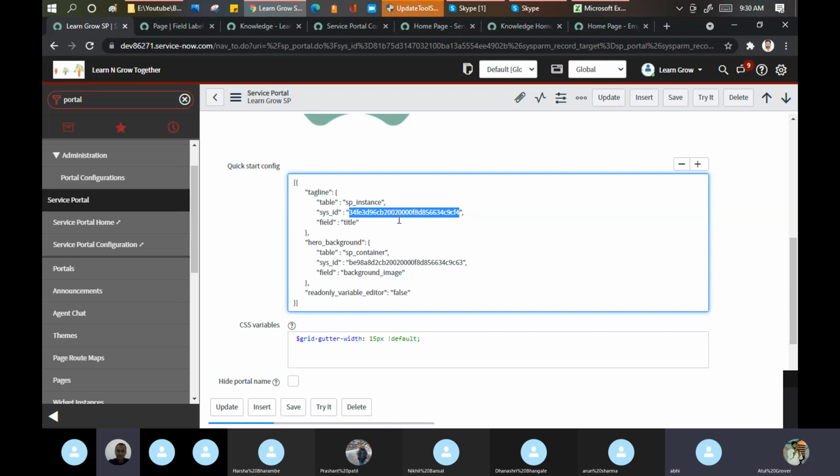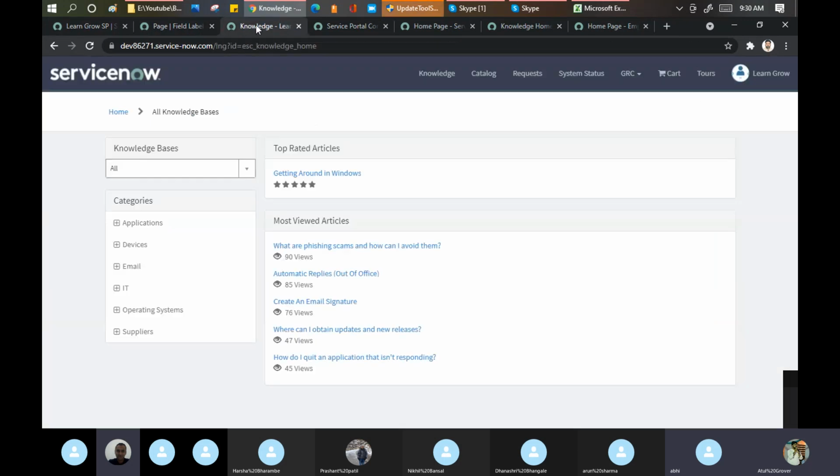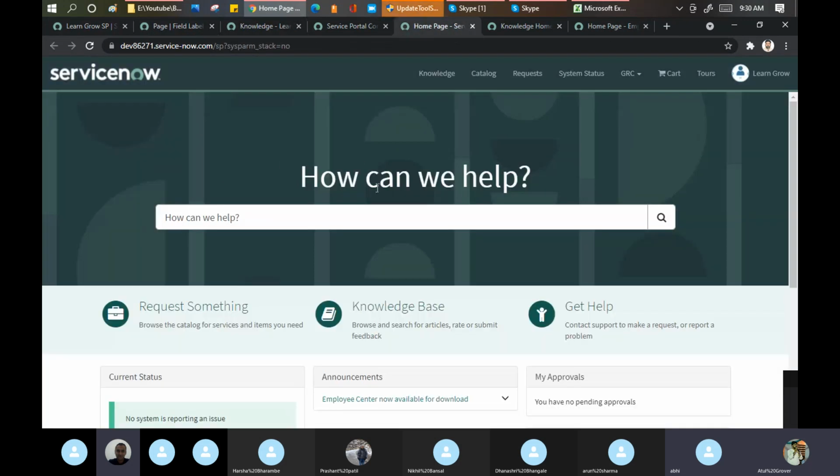So don't make any change here because I don't know what this sys ID contains. Maybe it is calling this table only, but it is something different which we have no idea about. But yes, I will show you how you can make a change to these images, which we can discuss easily.